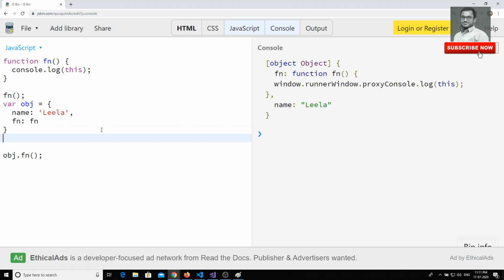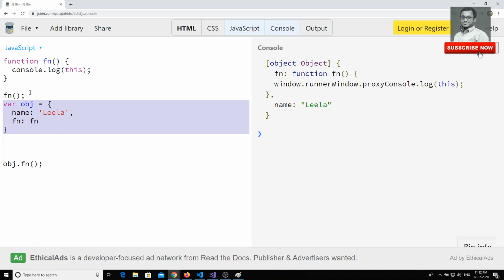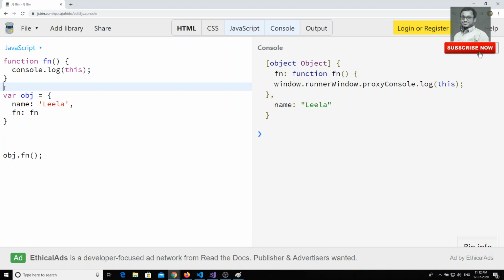For example, I don't want this to represent the object. I want it to represent some other this, the window object, even when we are calling from this object. If we want to implement that, we need to use bind here.